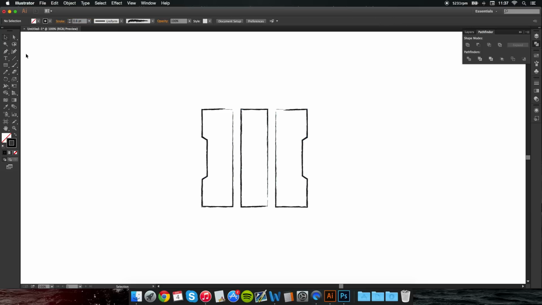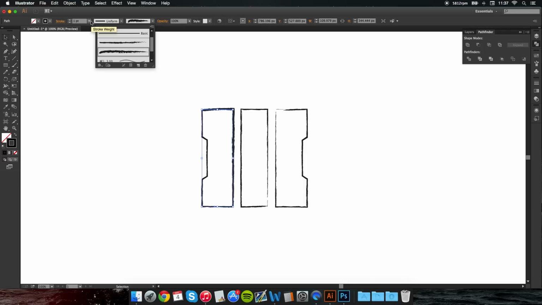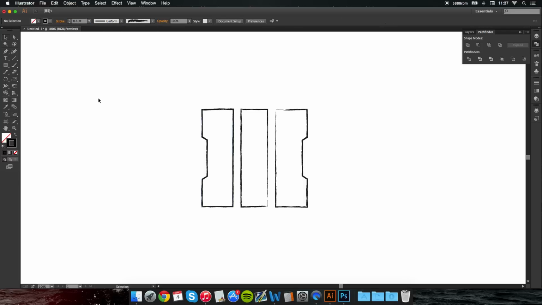Alright, that's perfect. And you can probably see that there are some gaps, and we don't really want those. If you want it, you can keep it, but I really want everything to be clean and equal. So what I'm going to do is get my pen tool, and what I'm going to do is outline the bits that are lacking. So that's that area, and I'm going to choose charcoal and make it 0.6. Perfect. And I'm just going to go around just like that